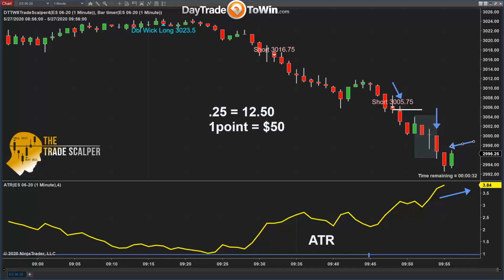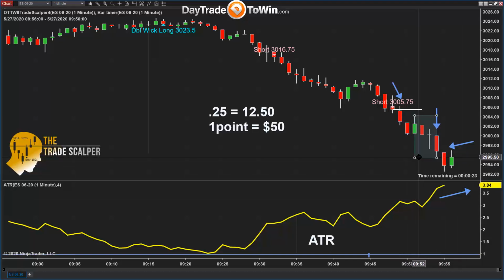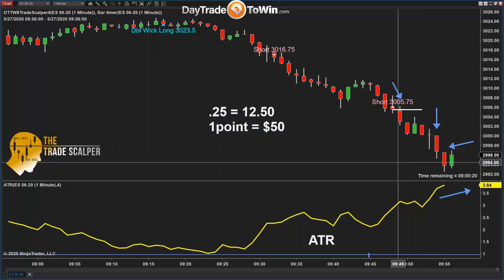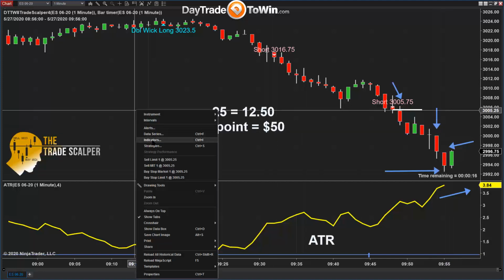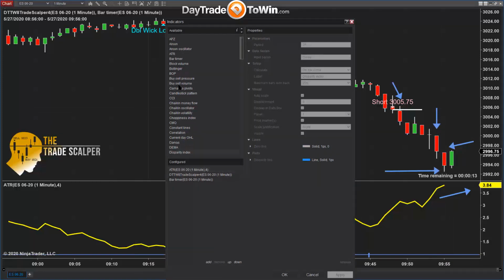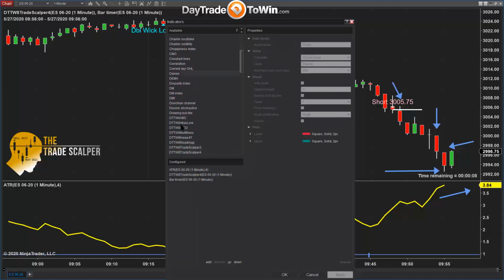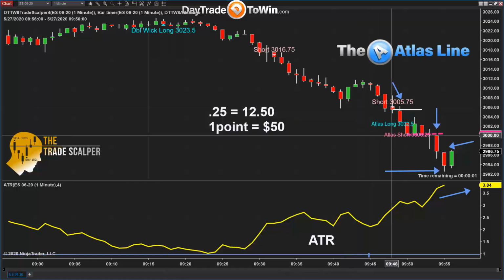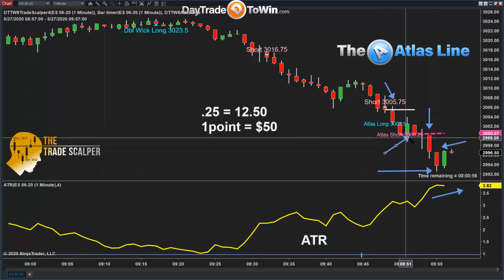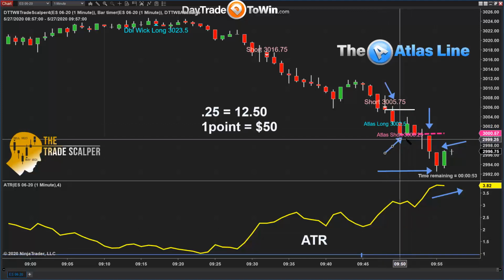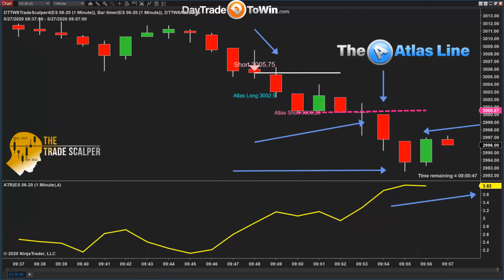Thank you. So what we have here is the market continuing to move lower, and right now, as an example, the market moved to this low right over here. And let me just add here the Atlas line, just to give you an idea of the Atlas line. Some of you want to see the signals, so I want to show you the signals, whether they're good or bad. So the Atlas line here is this line that's beginning to plot right over here. Okay, this pink line that's there. See if you can see that there.